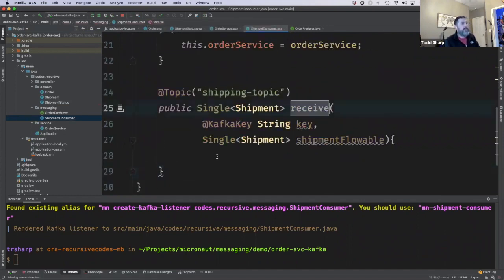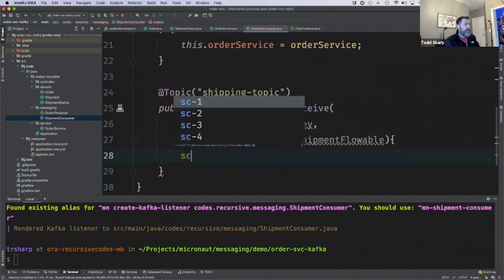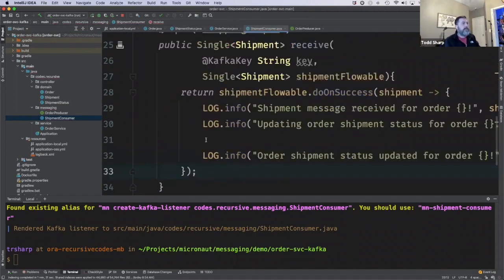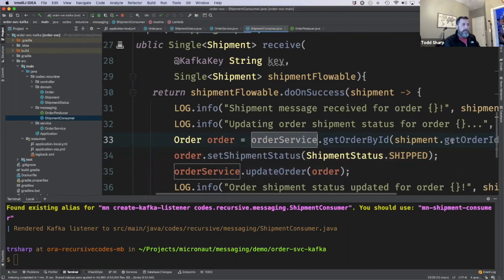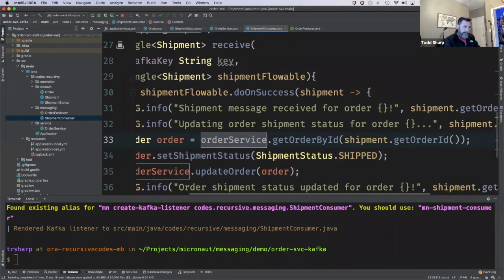The shipment consumer also has a receive, and inside of that, we're going to receive another flowable. This time we're going to get the order by the ID of the incoming shipment order ID, set the status to shipped, and then update the order. So if we restart this,